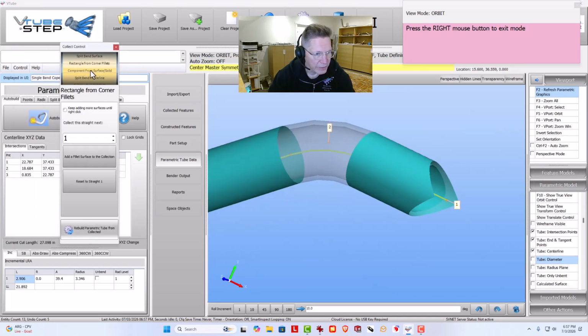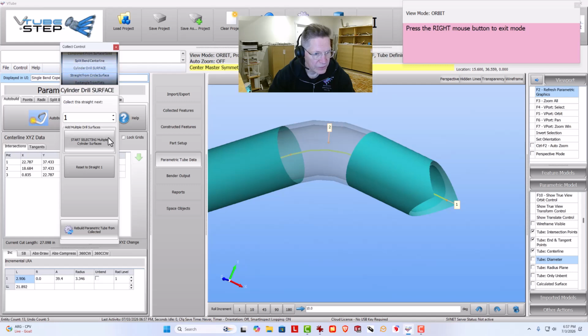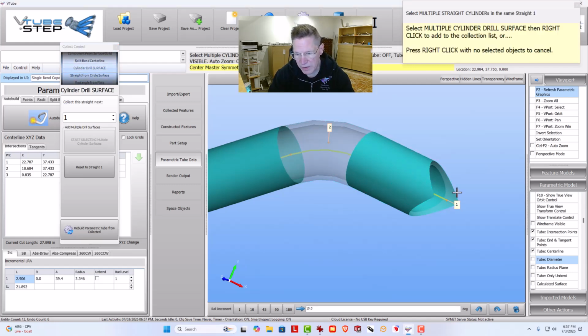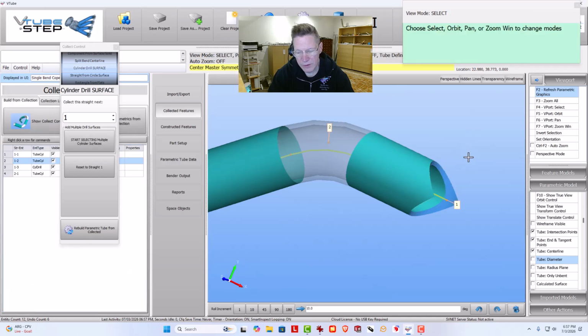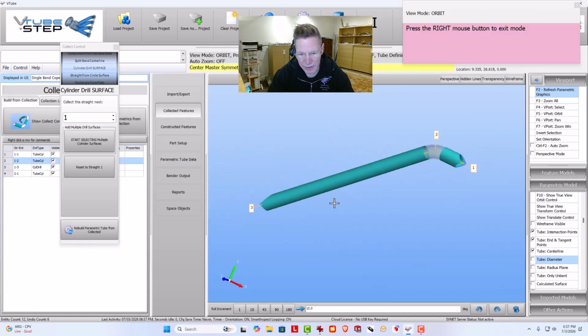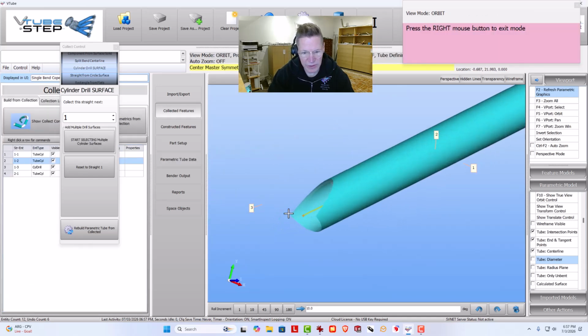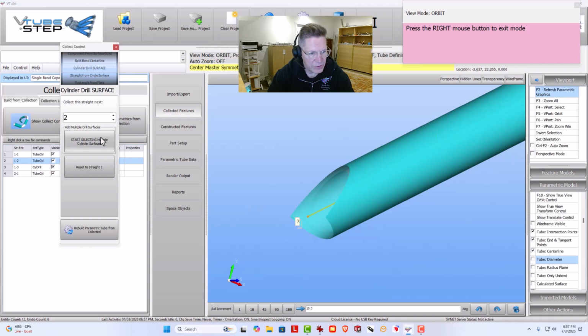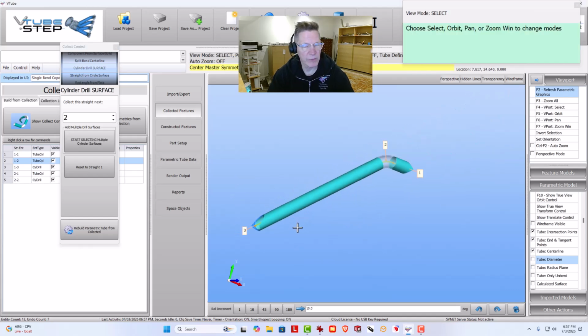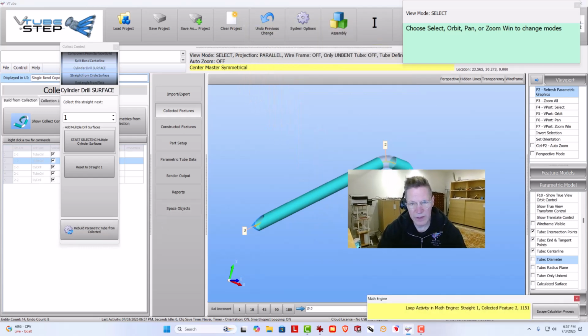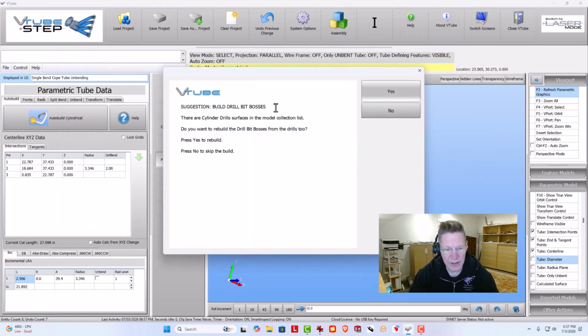we're going to scroll down until we find cylinder drill surface. This is going to be associated with cylinder 1, so we have to make sure that it says straight 1. This one's going to be associated with straight 2, so we have to associate it with straight 2 like this. And the reason we do that is because when we unbend, we want to know what transformation each coping is supposed to take. So let's go ahead and rebuild the tube, and it finds the build drill bit bosses dialog,